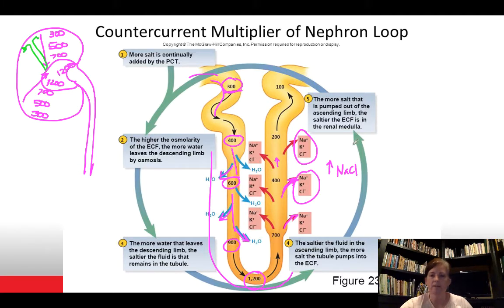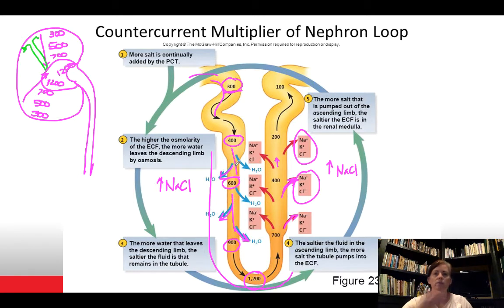It doesn't just stay right here, it's actually everywhere. So even on this side, we're going to have increased concentration of sodium chloride. And so as a result, we're going to have decreased concentration of water outside, increased concentration of water inside the